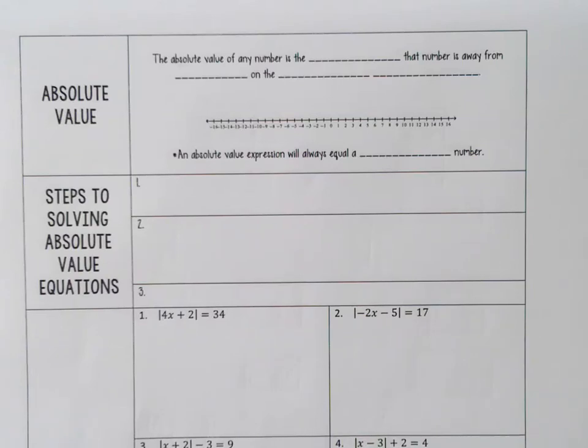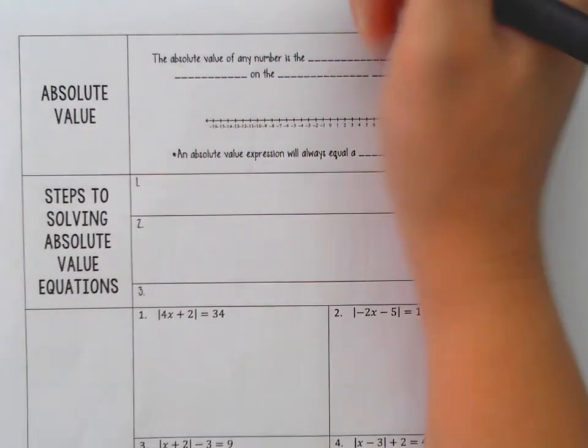Welcome, Algebra 1, to absolute value equations, which I know is not chapter 2, but this is going to be 3-7. But it's still equations, so we're bringing it into this unit. So what is absolute value? You have, I'm sure, heard of what absolute value is, so let's just talk about it together. The absolute value of any number is the distance